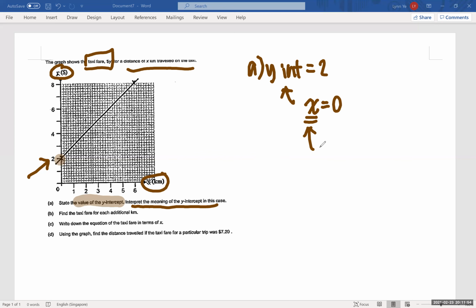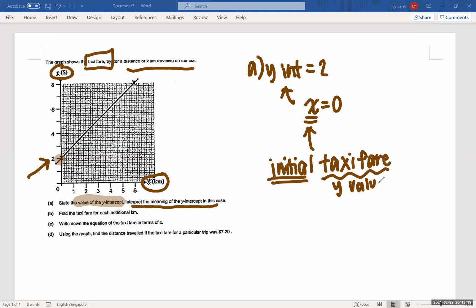Whenever you want to interpret the y-intercept, you always have to use the keyword "initial", and we don't say y value because the y value is referring to the taxi fare. So this is always referring to your y value. So it's the initial taxi fare of $2,